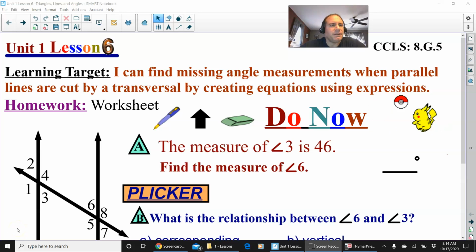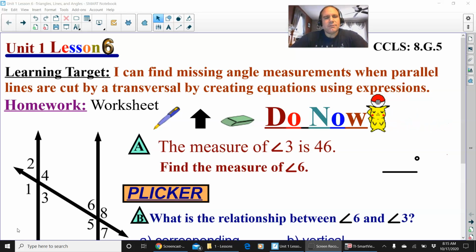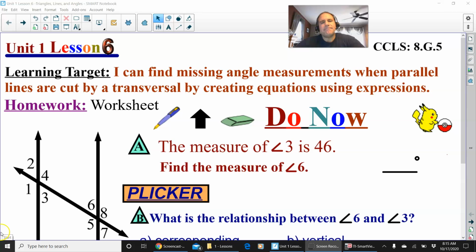Hello everyone, this is Unit 1, Lesson 6. The learning target is I can find missing angle measurements when parallel lines are cut by a transversal by creating equations using expressions. So the do now says find the measure of angle